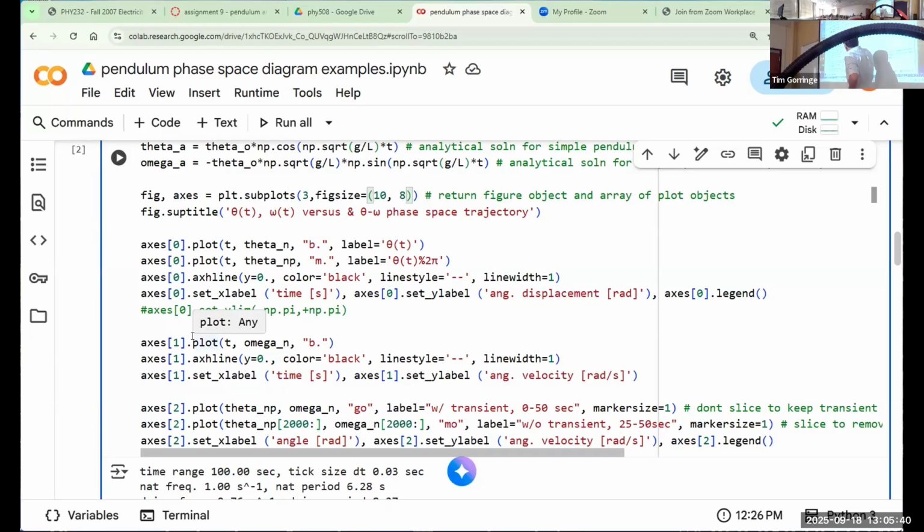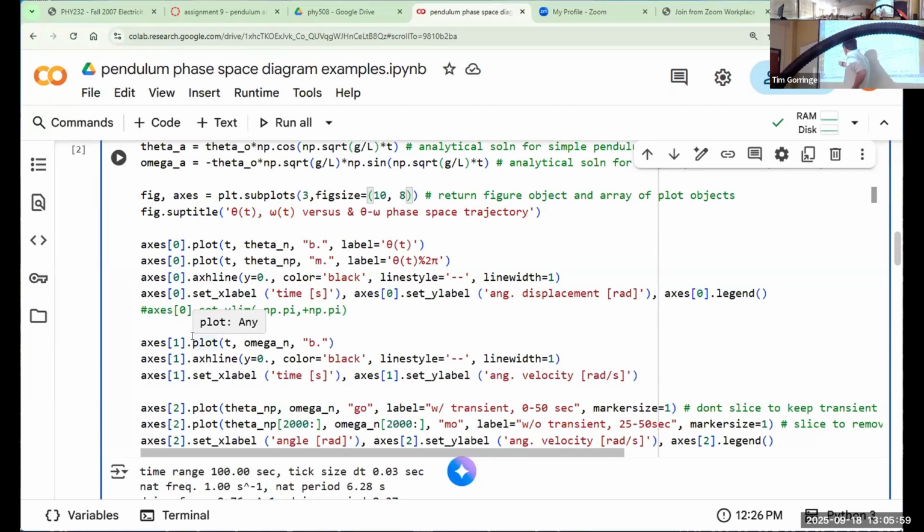On the omega versus time plot, the angular velocity versus time plot, nothing special there. I just marked where the angular velocity is 0 with another horizontal line. But coming down to the phase space plot,